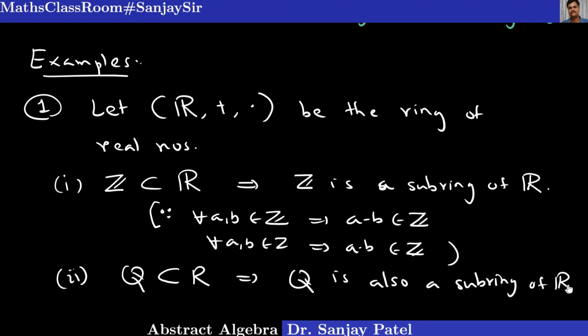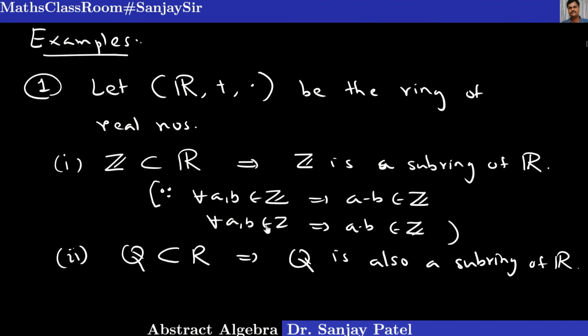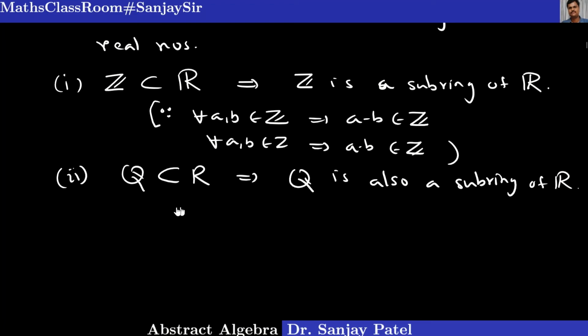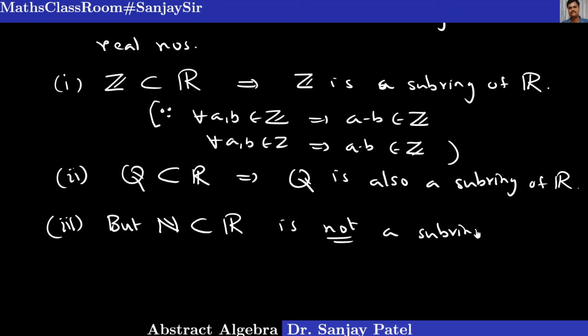of the ring of real numbers, because if you have A and B two rational numbers, then A minus B is also a rational number, and if you have two rational numbers, then the product is also rational. So these are the two examples of subrings of the ring of real numbers. But if I consider the set N of natural numbers, which is also a subset of the set of real numbers, this is not a subring of the ring of real numbers, because if I take